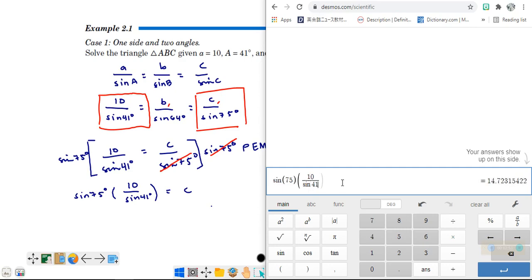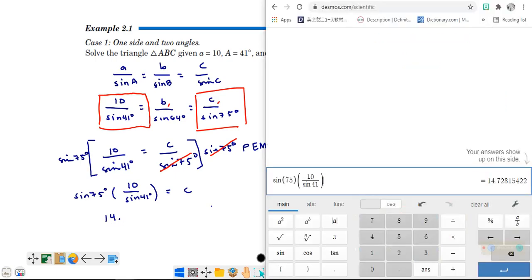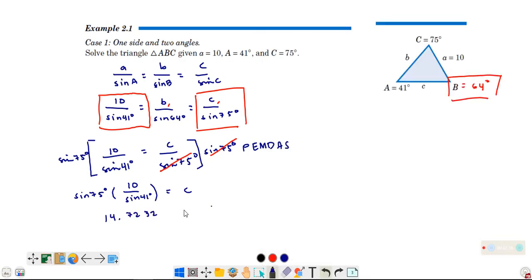Okay? So, this is going to be the approximated value. It is 14.7231. So, we have here 14 point, ano nga ulit? 7232. 7232 is approximately equal to C. So, medyo malayo siya dun sa magiging value natin. Kung inisa-isa na, mag-iiba yung at least